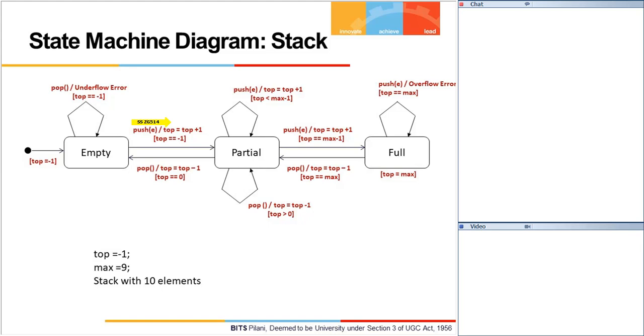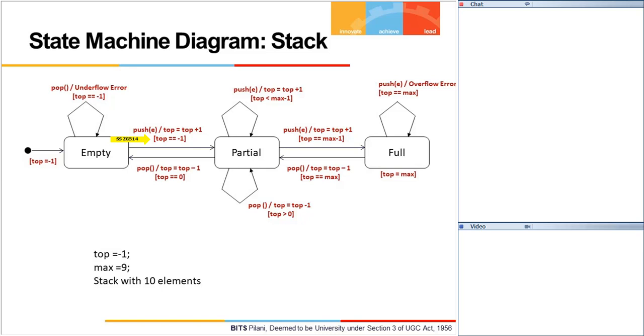And this guard condition should be true, then only my transition will happen. What is the guard condition? Top is equal to -1, right? So if my top is equal to -1 and a push event occurs, my system moves from empty state to partial state,